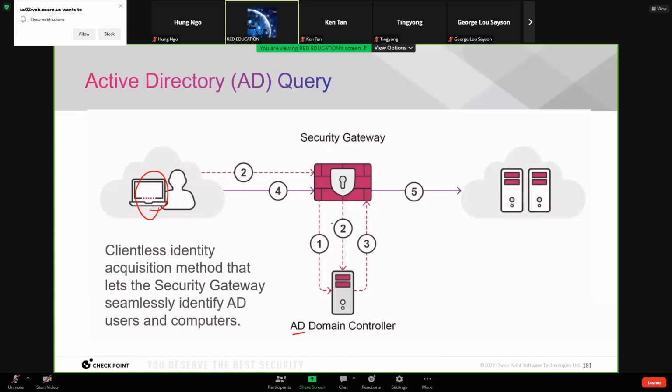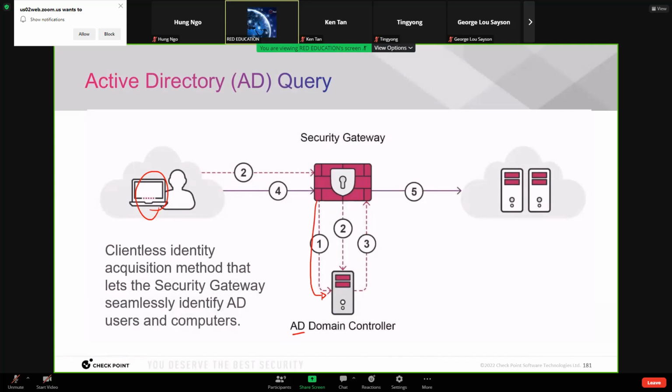Okay, so basically the security gateway monitors these events. It checks every small number of seconds to discover if there is any new